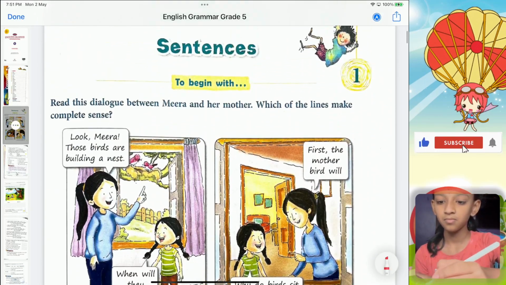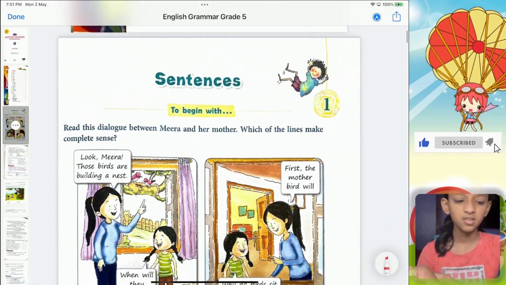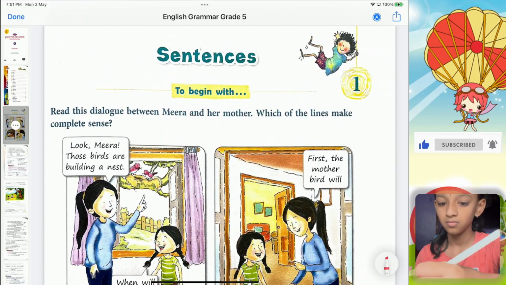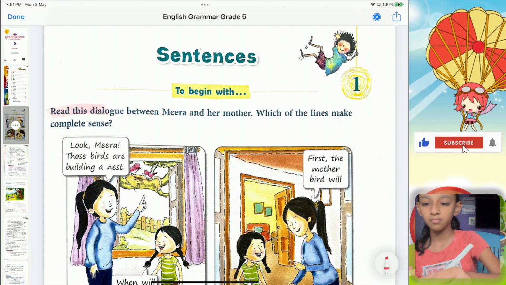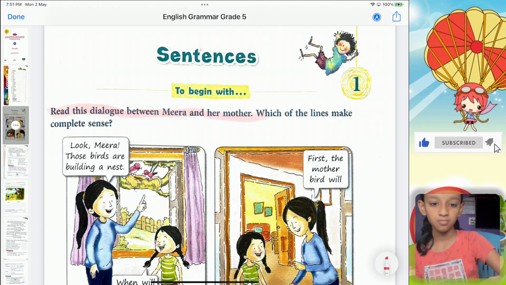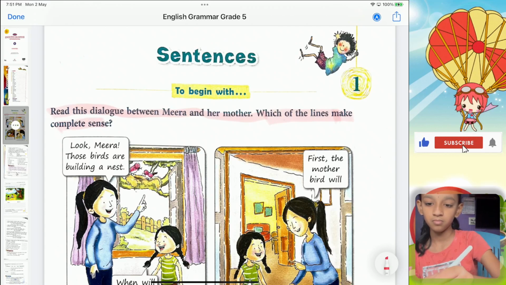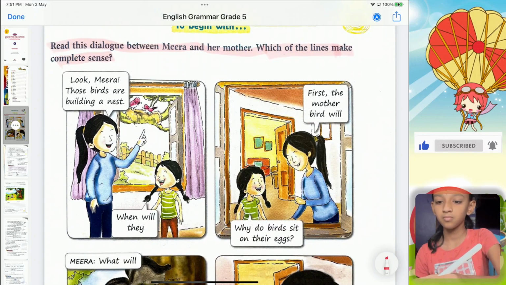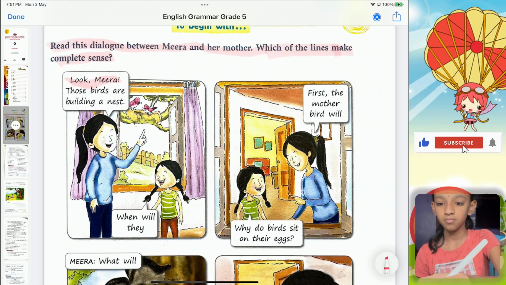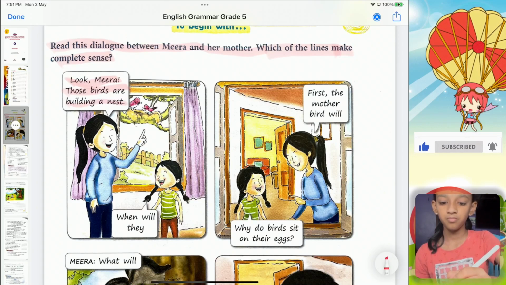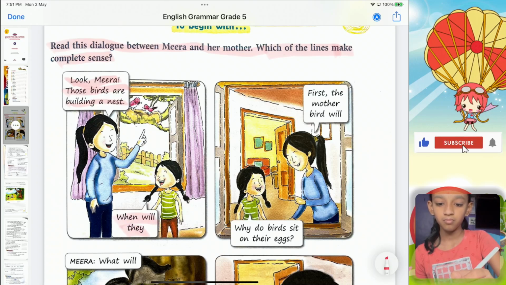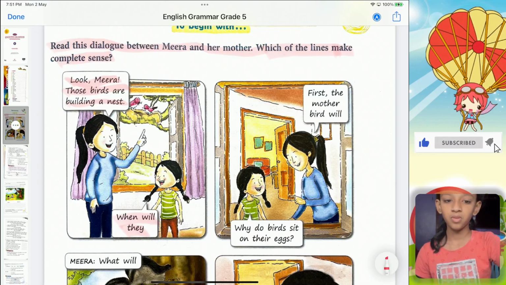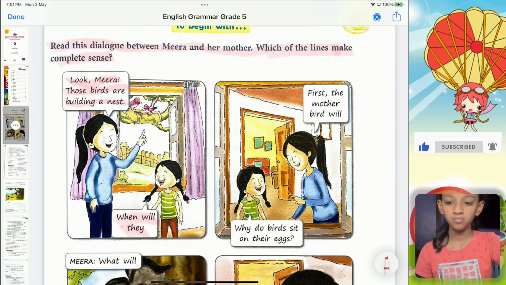To begin with, we are going to read this dialogue between Meera and her mother, and you have to find out which of the lines makes a complete sentence or sense. First, the mother says, look, Meera, those birds are building a nest. And Meera is just saying, when will they? If you look at these two sentences,